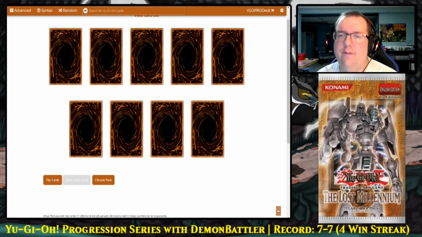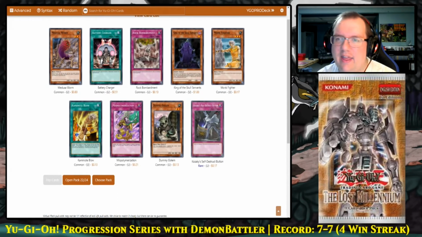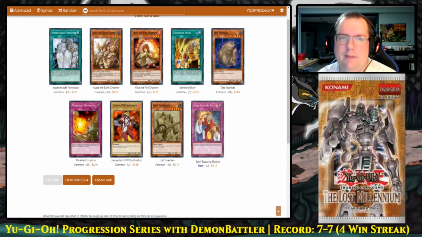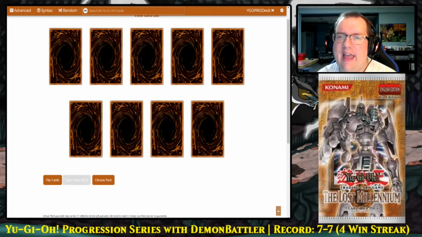Alright, so only a few packs left. It's Lost Millennium. What can I expect? We haven't seen Brain Control yet. That's the big thing I'm concerned about, because that card is incredibly strong going forward. So we have our third to last pack. Nothing special in here. And our second to last pack. Also a swing and a miss. And for our very last pack...